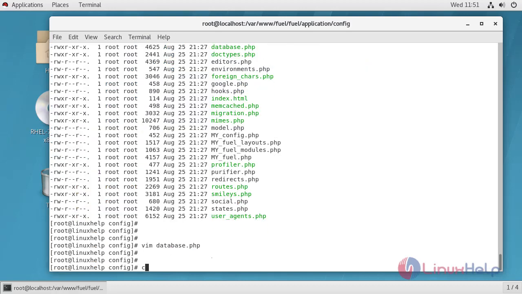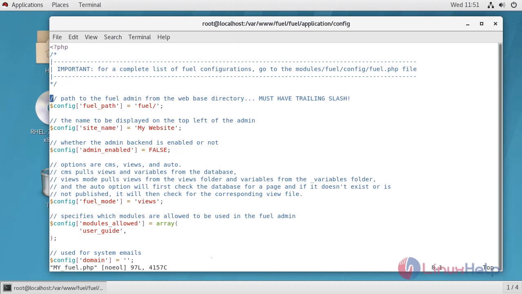Then configure myfuel.php. Here change admin enabled equal to true and view as auto.